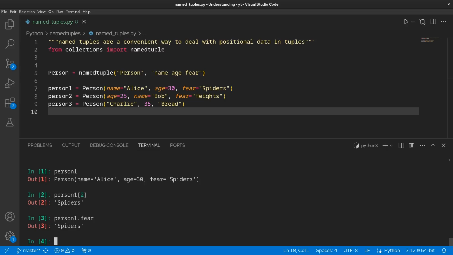You can even do comparison between normal tuples and named tuples. If we were to compare person 3, Charlie, and see if it's equal to a normal tuple with the same contents of person 3, we see that it is true. Not too bad. Now, before we move on to methods, let's take a moment to look at this person class